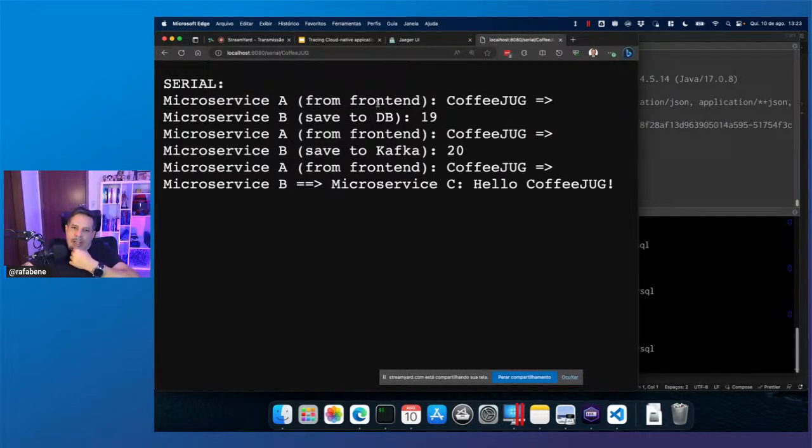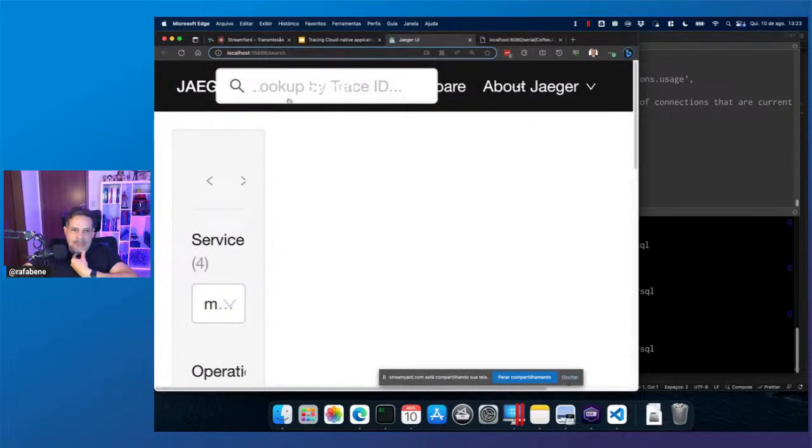Now, microservice A called microservice B and saved to the database, and this is the counter. My microservice A called microservice B and saved to Kafka, and microservice A called microservice B that invoked microservice C and said, hello, CoffeeJUG. Okay, let's explore this in Jaeger.